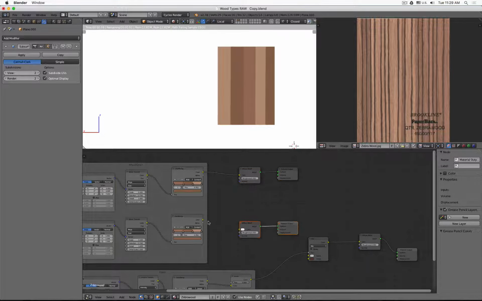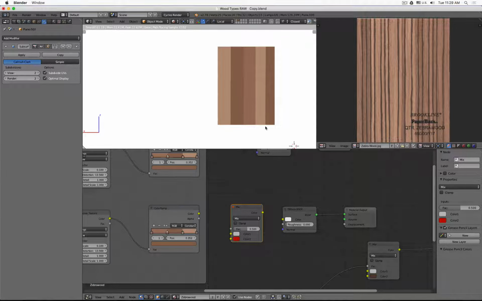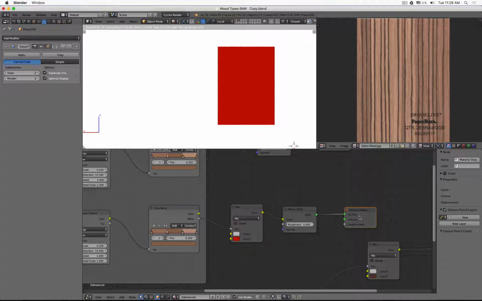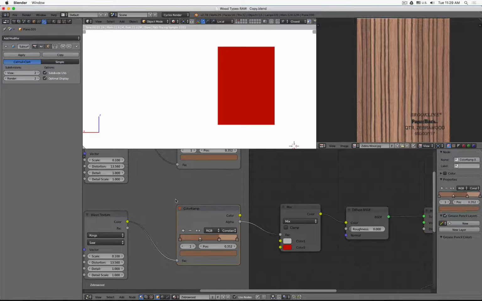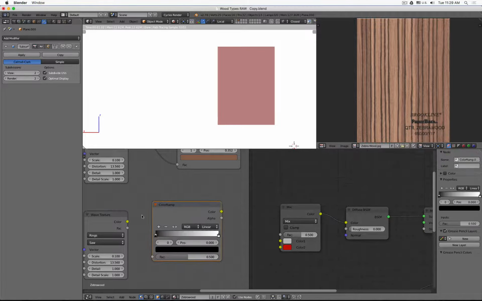So I will create a color mixer. Maybe white and red. Because with red, that's basically the stripes I want to see. And I will bring the alpha over only. So this should all be, I think, red. Because this right now is just gibberish. Okay. Because we need only transparent and